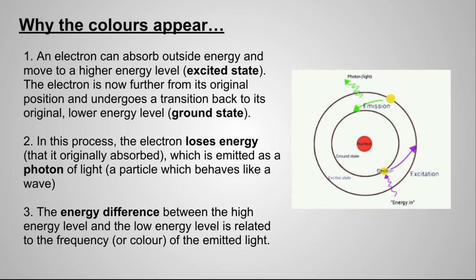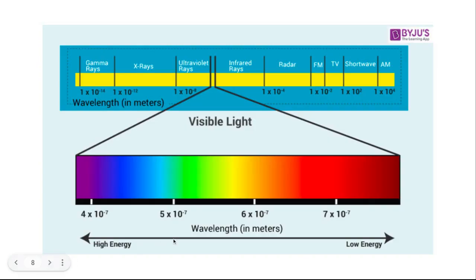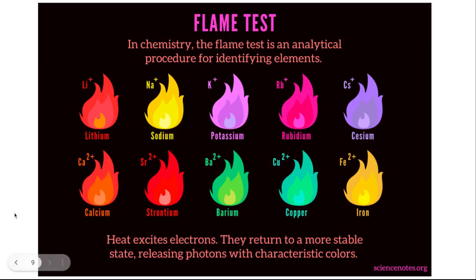The energy difference between the high energy level and the low energy level is related to the frequency or color of the light emitted. And this is what we see here again. So here's a nice image, and we see high energy is associated with the purple side of light. Low energy is associated with the red side of light. Many different elements burn different colors. So again, it's unique to all of them. And you see here some of these colors